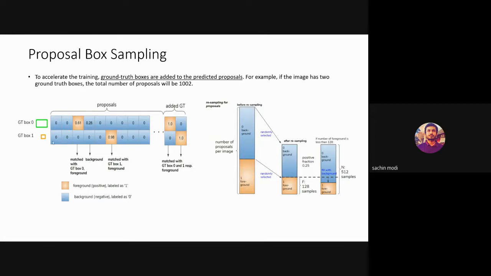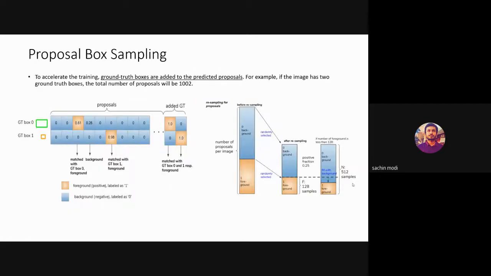Here there are no ignored boxes. If the IOU is less than 0.5, it goes as background. If it is more than 0.5, it is labeled as foreground. Then again, random sampling is done for training from background and foreground boxes.